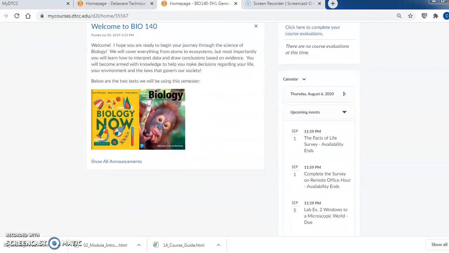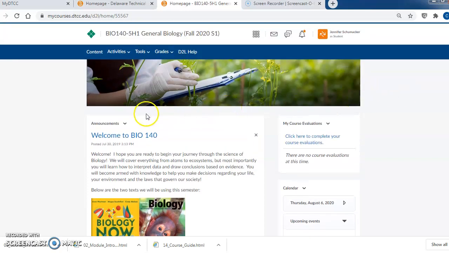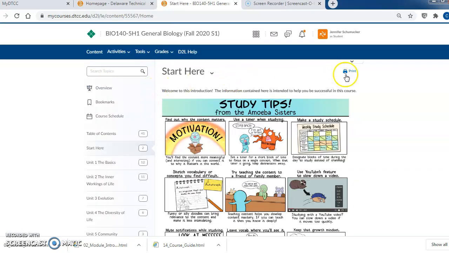You will also see that there is a calendar section, and this area will show you when assignments are due each week. So this is also a helpful reminder when you first log in that you might have certain activities that you need to complete. The best place to access all the information in the course is the Content tab at the top here in this blue bar. If you click on the Content, it will basically take you to all the modules,